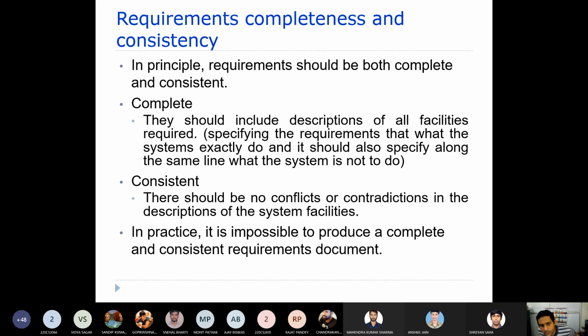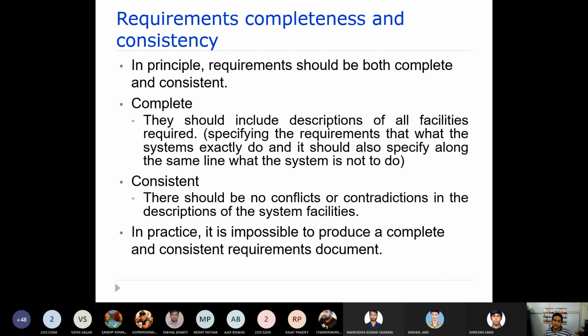And for consistency, there should be no conflicts or contradictions in the description of the system facilities, while you are providing the description of all these facilities, services or requirements. At one point of time it says something, and at another point it says something else. That should not happen. It should be very consistent throughout the document.